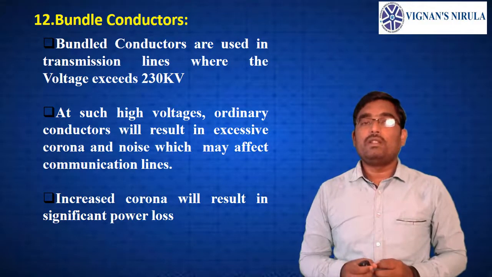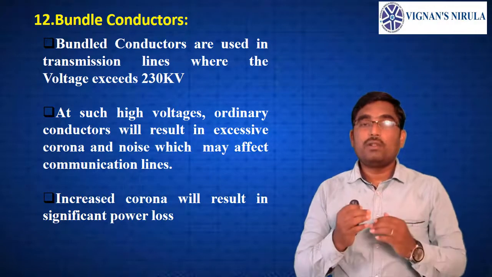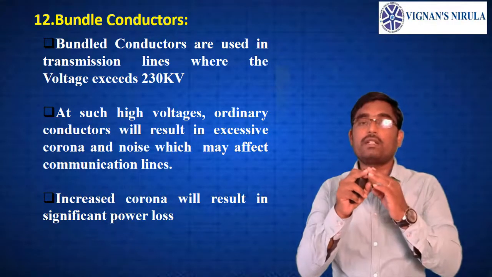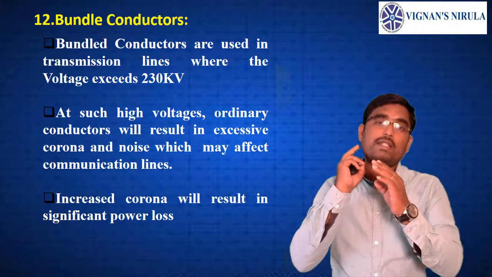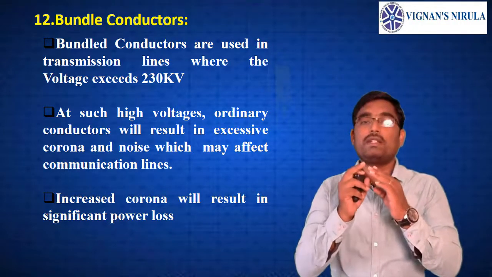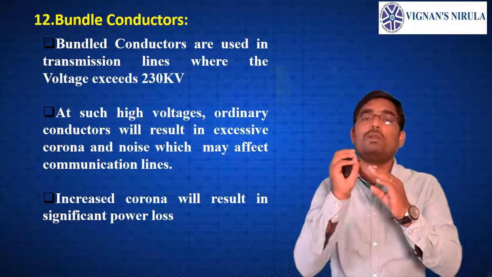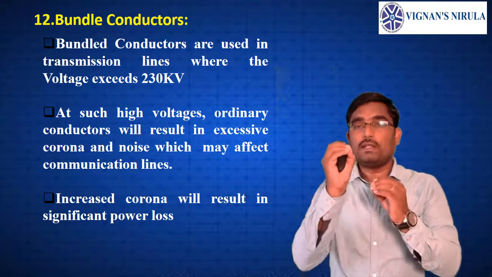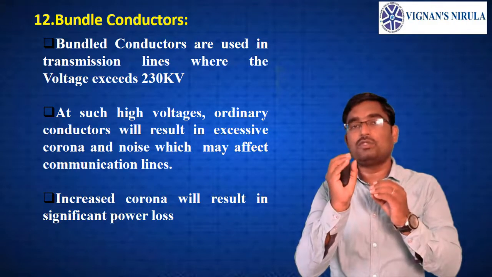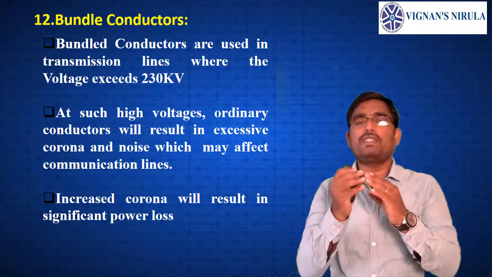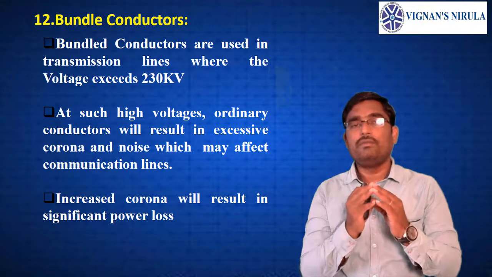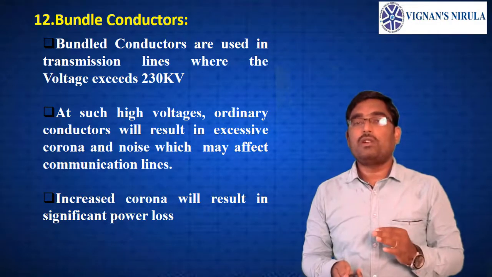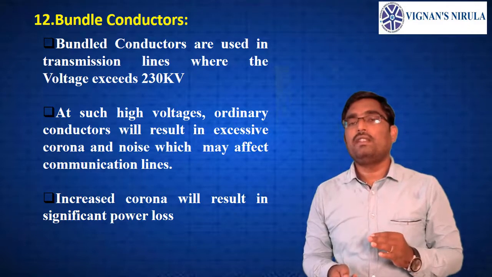Corona means the phenomenon of hissing noise and ionization of air around the conductor. When a conductor is carrying some current, some particles around the conductor will be ionized because of this current carried by the conductor, and which creates some flash. So that means power is being wasted in the form of light and heat over there, and which creates noise also. Anyhow, corona we will see exactly in the next sessions.